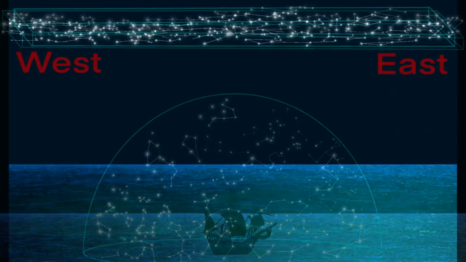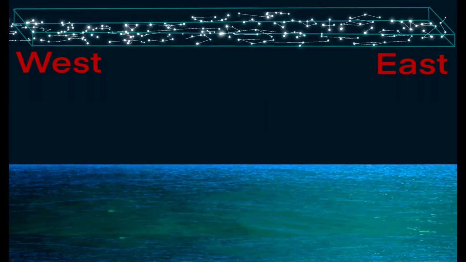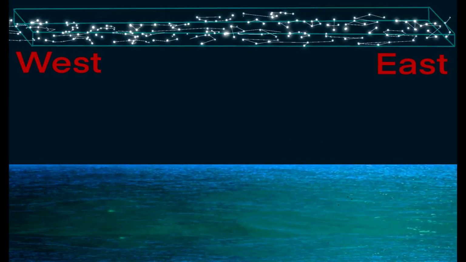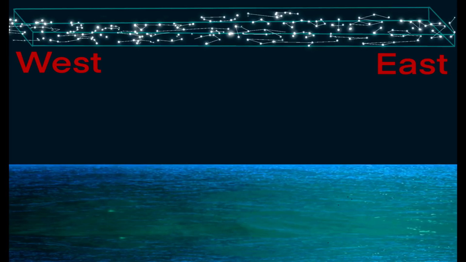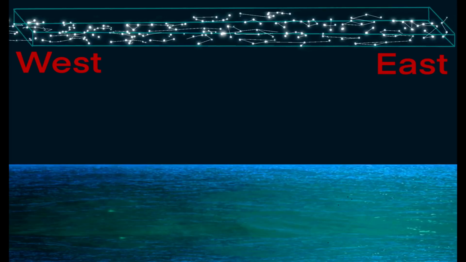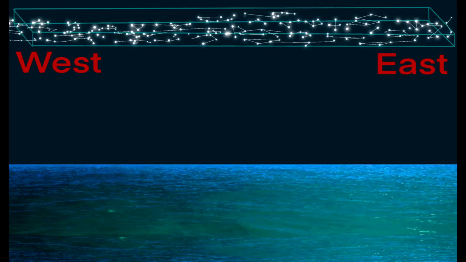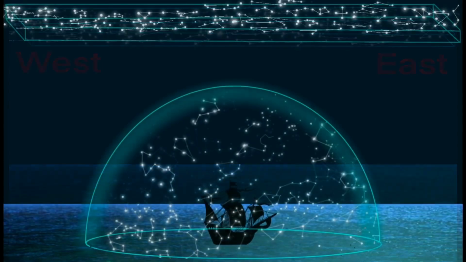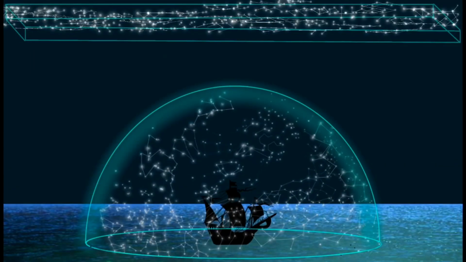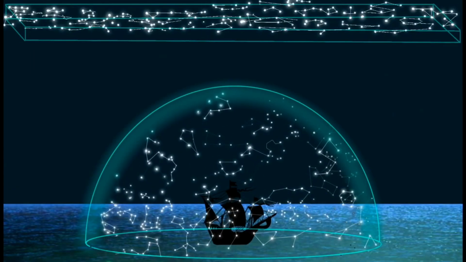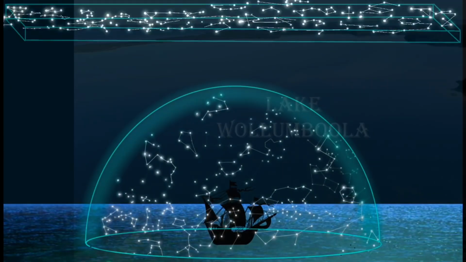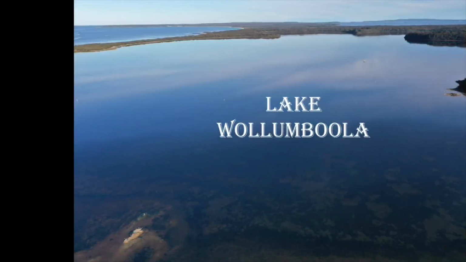But I digress. Looking at this flat celestial plane above our heads, we can see that everything rises in the east, moves across the sky, and sets in the west. We just perceive a motion of a dome shape. So let me give you a real-world example of how this works.